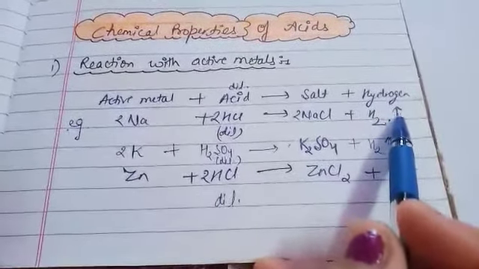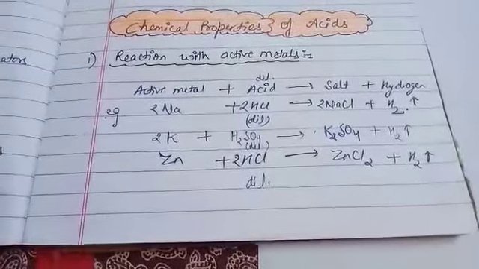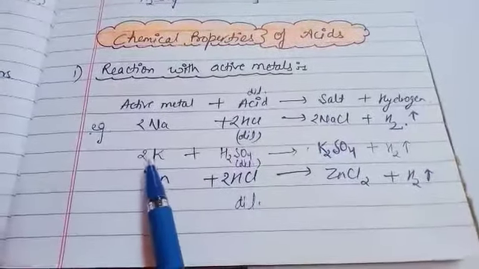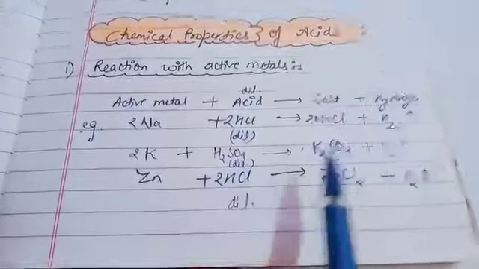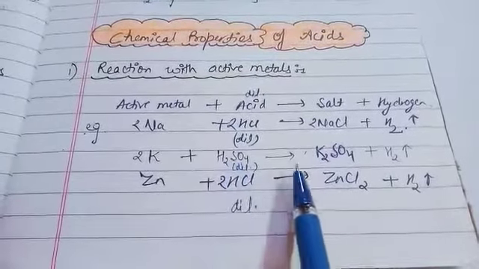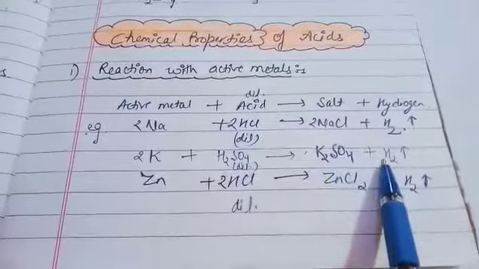That one is this arrow, a symbol for evolution of gas. Second thing, it's not necessary to use dilute HCl, you can take other acids also. Just see, potassium reacts with dilute H2SO4. That K combines with SO4, so it forms potassium sulfate, K2SO4, plus hydrogen gas